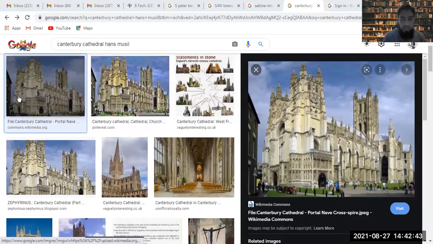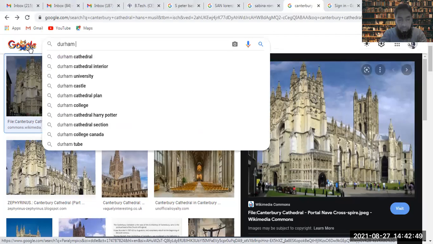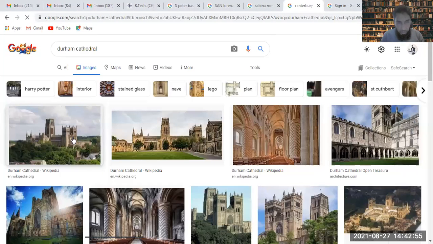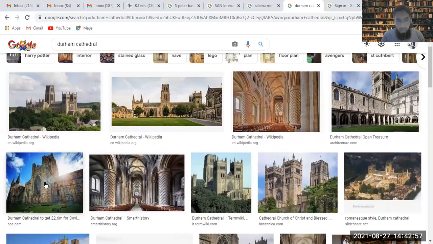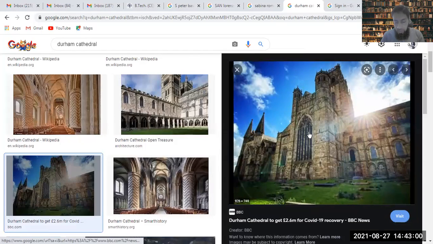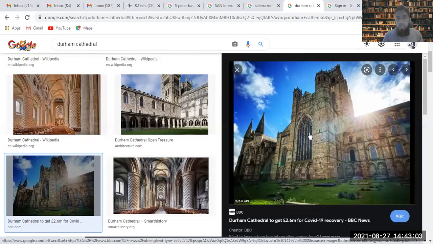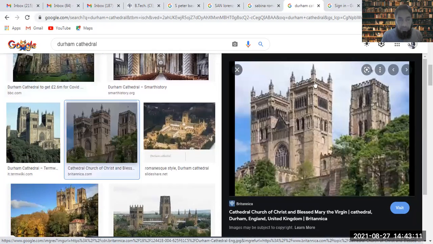This is the Canterbury Cathedral, so it's in Canterbury. Then you have the Durham Cathedral. This one has the vault design again. Now the unique feature of all the British architecture for the last 1,500 years is the vault design. You have the vaults in British architecture, and if you have a look at the transverse section of this,